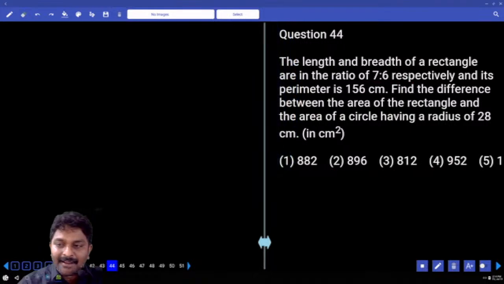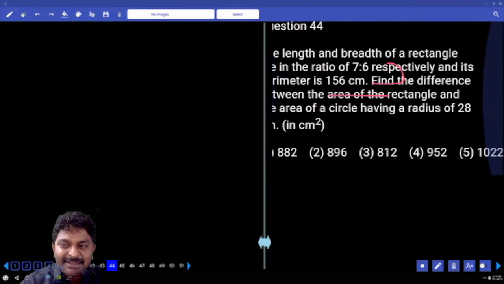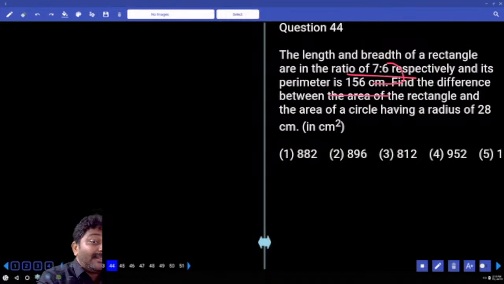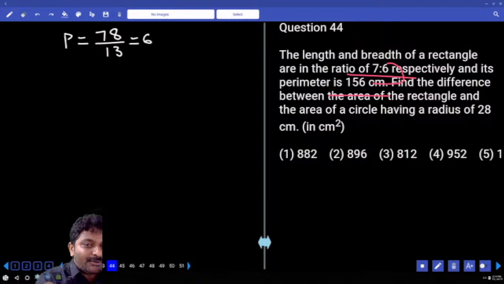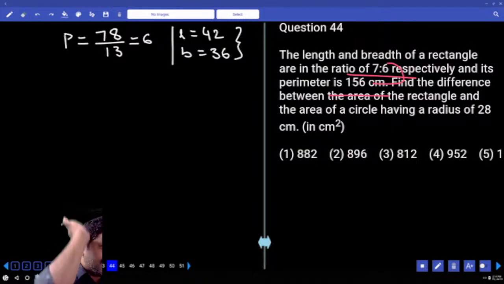Right. Perimeter is 156. 2 times of L plus B is 156. L plus B in terms of parts. Then one part value is equal to 78 divided by 13, that means length is equal to 42. Breadth is equal to 36. Area is equal to product of these two numbers. We will consider it later. Okay now? Now, circle area, pi r square,